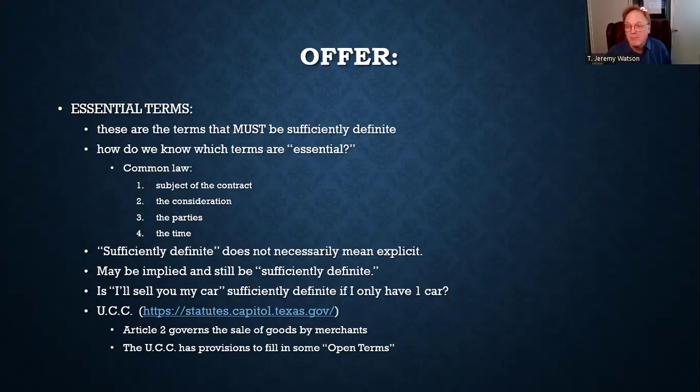A lot of times there's a spot price, right? There's an ascertainable market. This is just the going rate for produce right now, or I have it published on my website. It changes by the hour. Maybe it changes by the minute. And when you called, this was the price at that minute. There may be even an industry standard that, well, as long as the price when I deliver it hasn't gone up or down by more than 10%, then that's still acceptable in this industry. Okay. So the UCC has some provisions to specifically fill in some of these terms if you don't get all of the essential terms. And it's based on things like